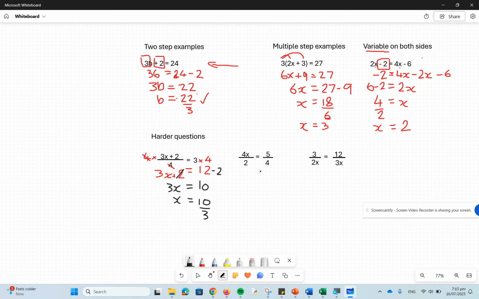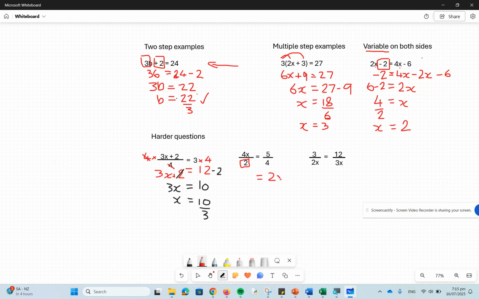Alright, now you might get one which is a little bit like this, and these look very intimidating, but we'll give it a go. Okay, so when we've got something like this, you can get harder ones than these, but we'll stop. I don't want to get too hard. I want to get rid of the divide by 2 on this side and the divide by 4 on this side. So I'll work on this one first, okay? So it's divide by 2, so what I want to do is multiply the other side by 2. So let's rewrite it. So it's going to be 2